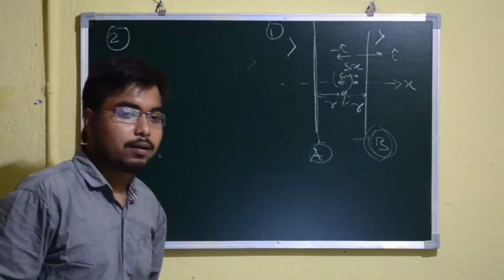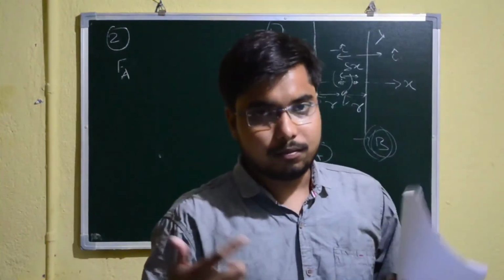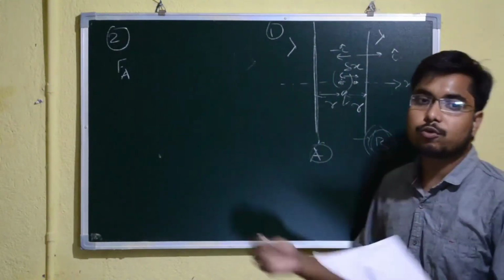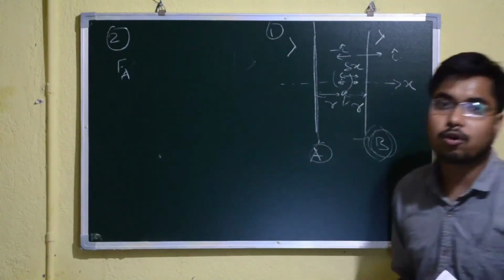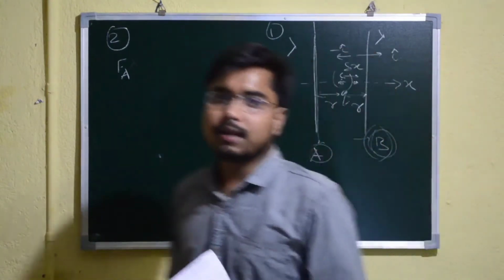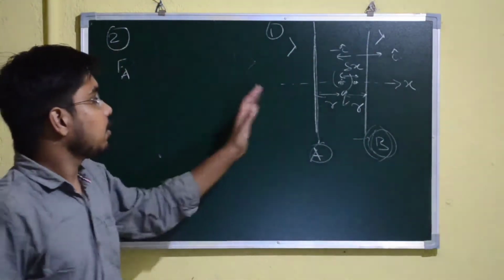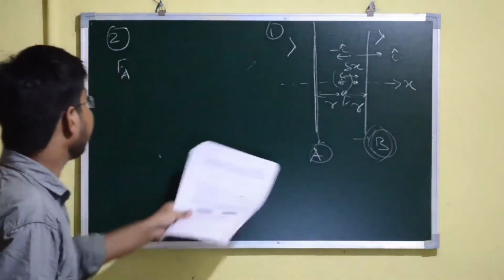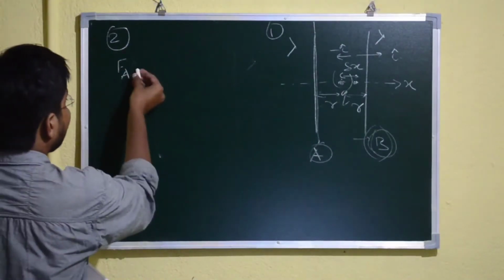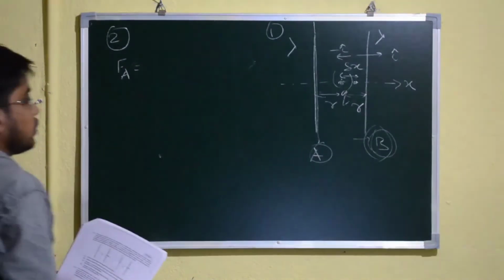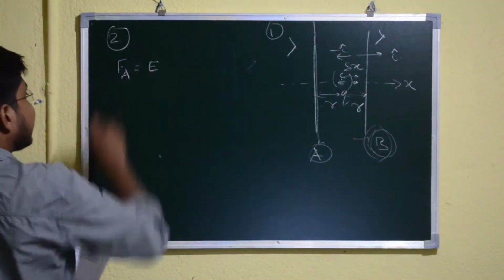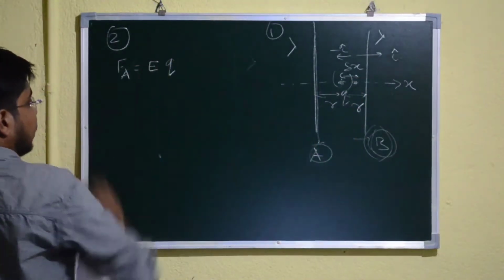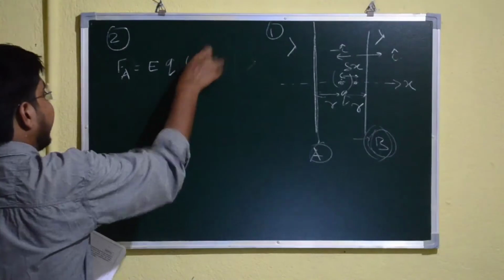Now we have to calculate the force due to A and the force due to B, and the net force due to A and B, and what we have to check here is whether these forces are directly proportional to the displacement delta x itself or not. If this is happening, then we can say that this particle will execute simple harmonic motion. Now force Fa must be equal to the electric field at this point times q. Now this is in the direction I cap.